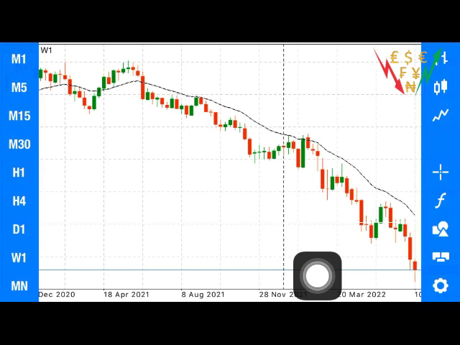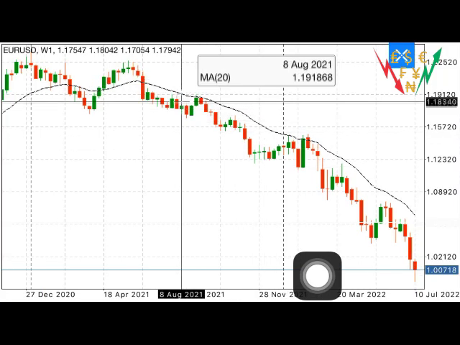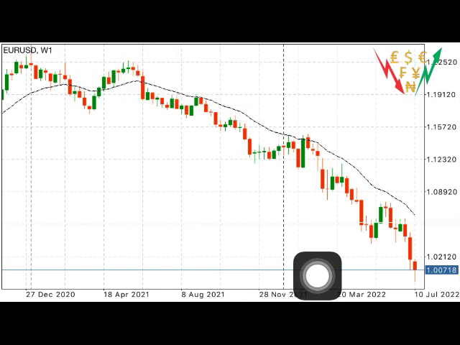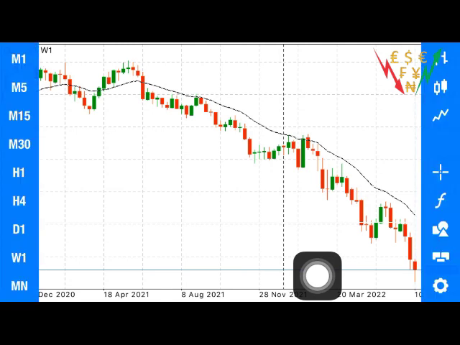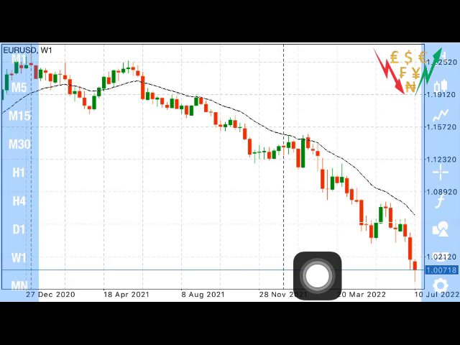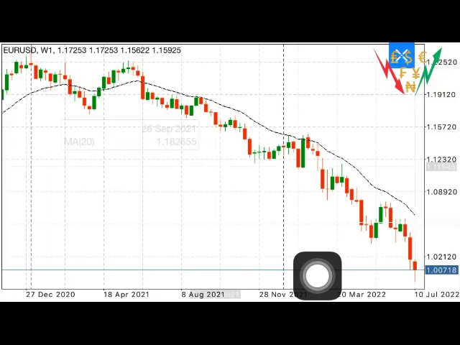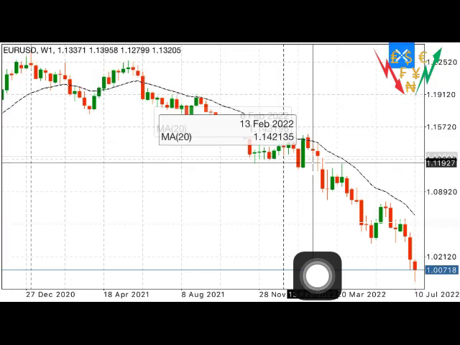For this purpose, I want to make it black color. You can use any color you like, but I just want to see a black color so you see how it works. Okay, now this is the daily chart, but I apply the exponential moving average 20 on the weekly chart. So when it's on the 20, you can see that the market is actually reacting to the